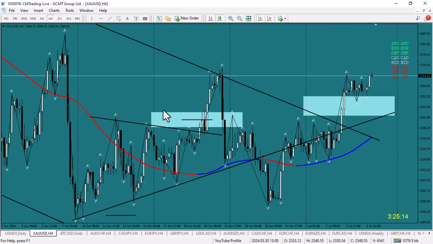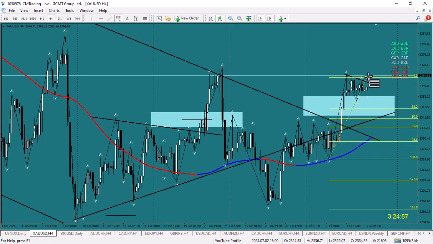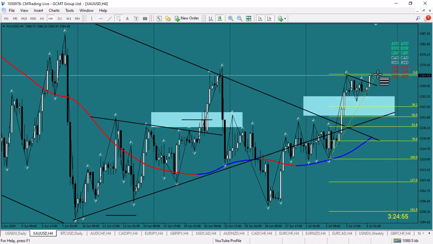Gold obviously flying nicely up the page due to the weaker dollar. If you look on the 4-hour charts here, we've got some consolidations here, breakouts, another consolidation and another breakout. So these things are very nice to buy and to play with. But other than that, for the strategies I follow here, there's not that much I can say about gold, except that we are coming back into this trading range if it retraces.